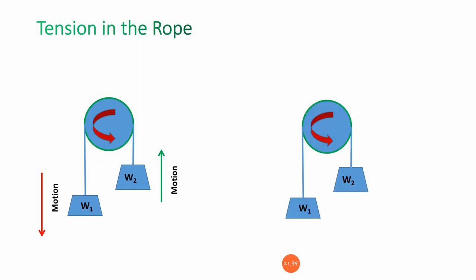So then what is the tension we are going to generate in that string that we need to tell? In this case, we can consider the mass of the pulley also. So then the tension T2 is going to be developing. The T1 tension is going to be developing towards the left side of the mass.